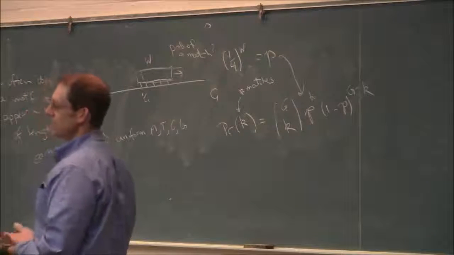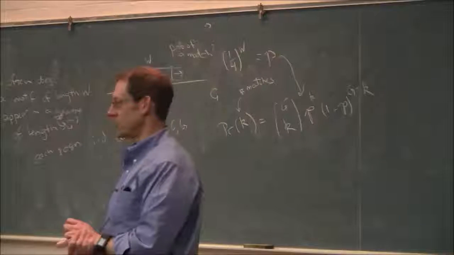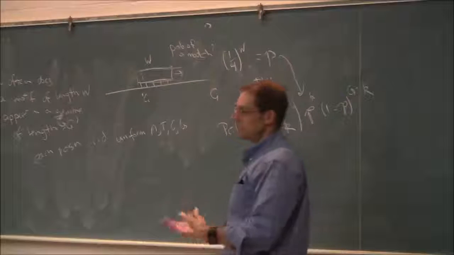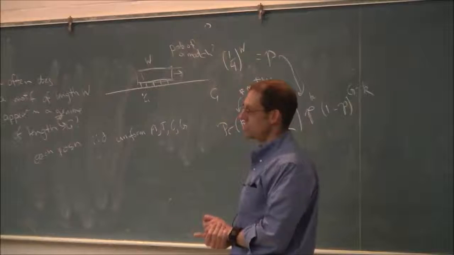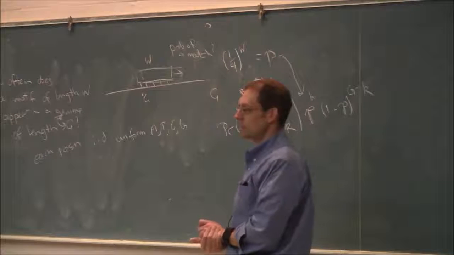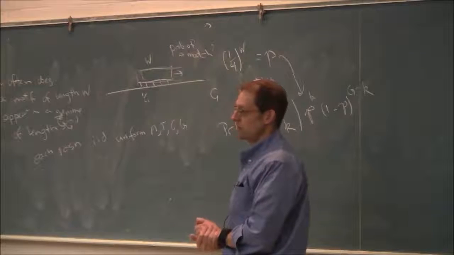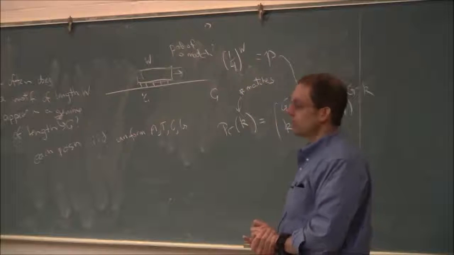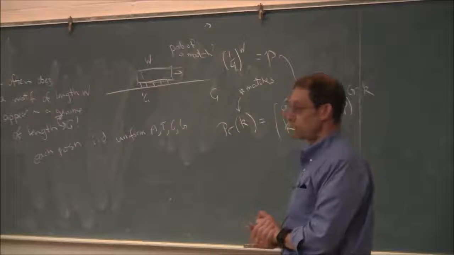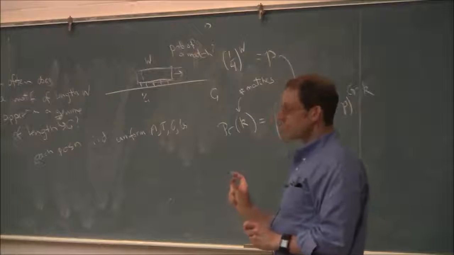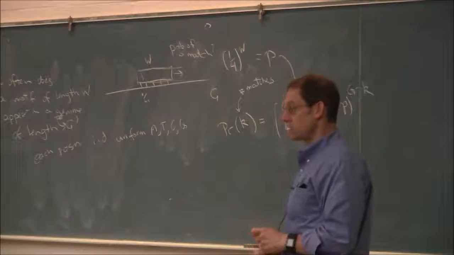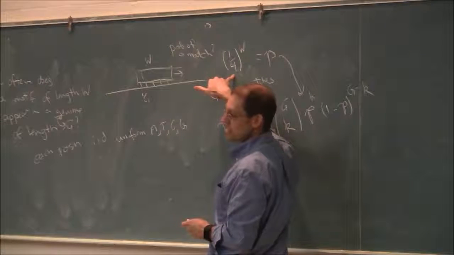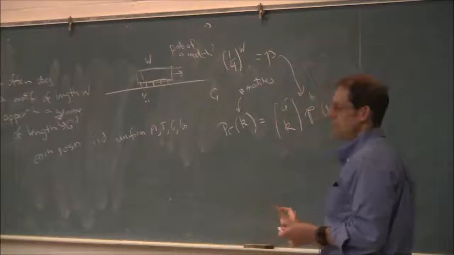Everywhere else, so really the other G minus W possible starting positions. But because the genome size is much bigger than the motif size, we don't have to worry about that. We'll still use capital G as the length of the genome. It's an order of magnitude type calculation. So we're going to use this to figure out what the width has to be, and we'll really get it to plus or minus 1. This is enough to plus or minus 1, because if you think about these probabilities, plus or minus 1 in the width gives a factor of 4 to 16 in the match probability.